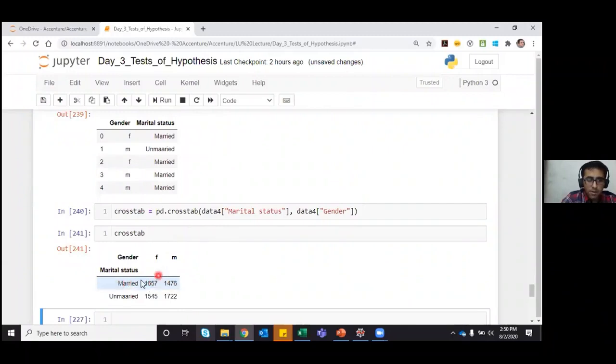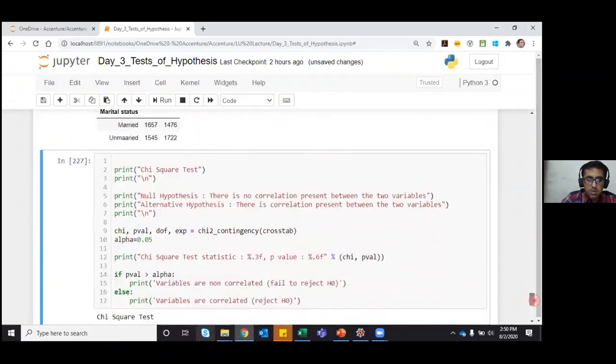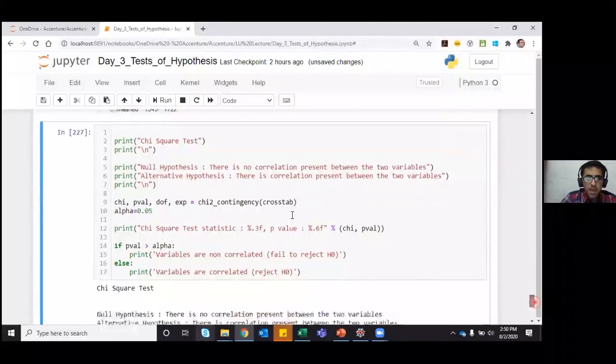Here I have married: how many among married are female and how many are male, and how many females are there in unmarried and how many males in unmarried. Then we perform the chi-square test on that, and we say our null hypothesis is that there's no correlation between the two variables, and the alternative hypothesis is that there is a correlation present between the two variables.